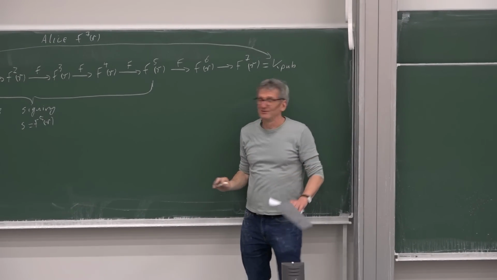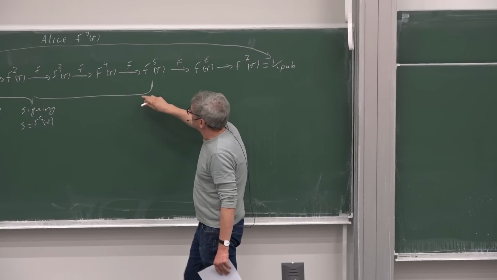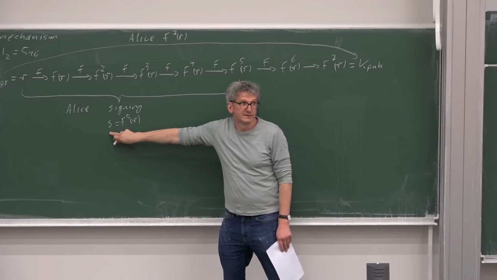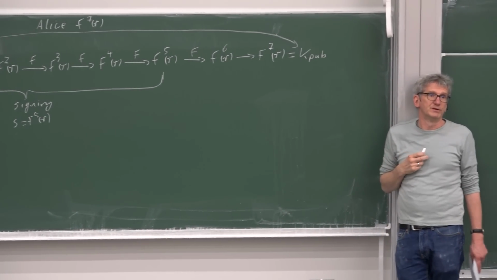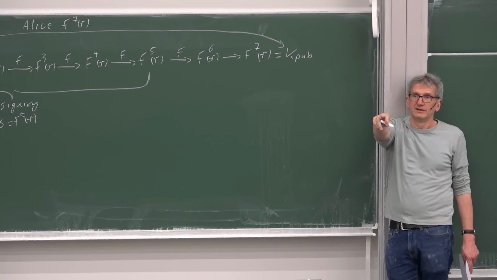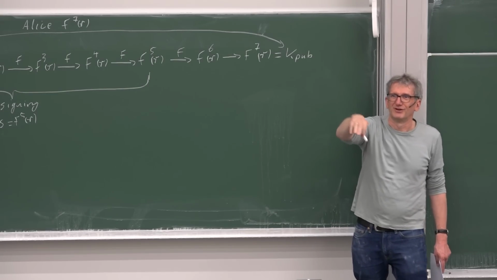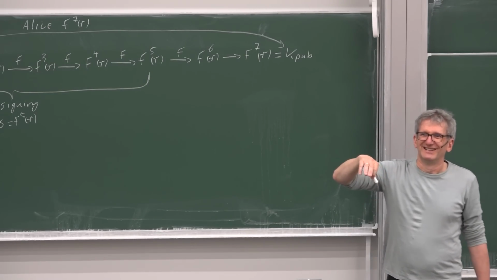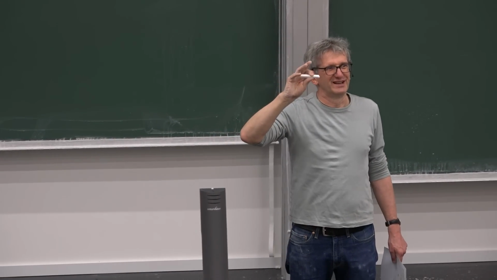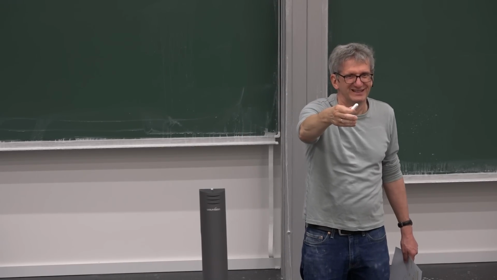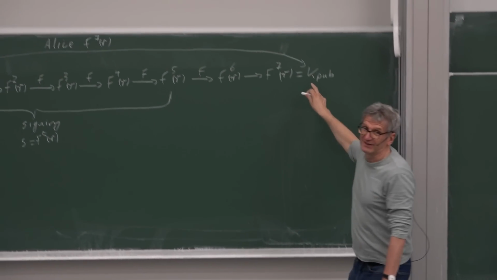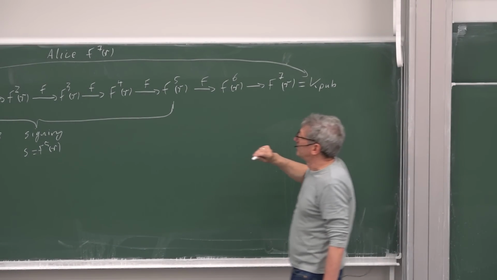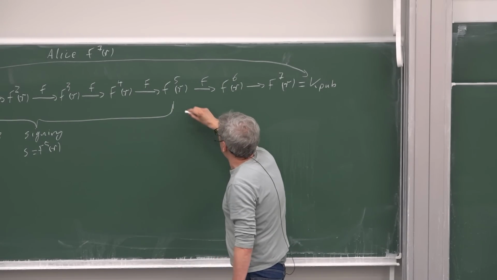Buckle up. This is now the cool thing. Bob gets S, right? Together, what else? Bob knows S. Which other value does Bob know? Yeah. No, not the private key, but you're close. He knows F, and he does not know the private key, but he knows the public key, right? So he knows this here. So what Bob does with S,